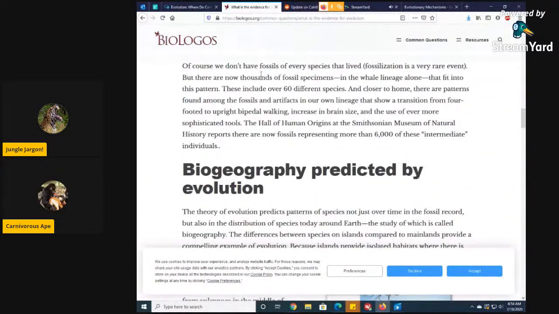Of course, we don't have fossils of every species that lived. Fossilization is very rare. Only with a global flood. And it was only a global flood one time, but now there are thousands of fossils. Which is the reason why trilobites and dinosaurs managed to be fossilized, but only one flood, right? Yeah, buried by the same flood. Really? There's 1 billion years difference between the two?